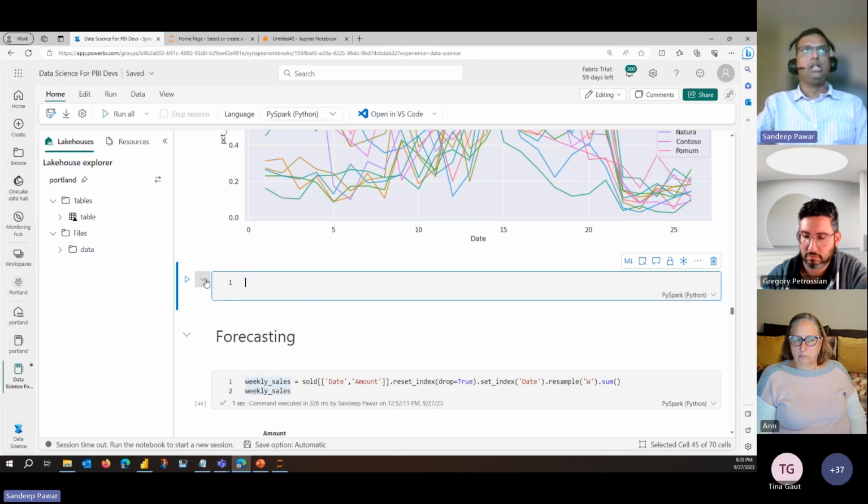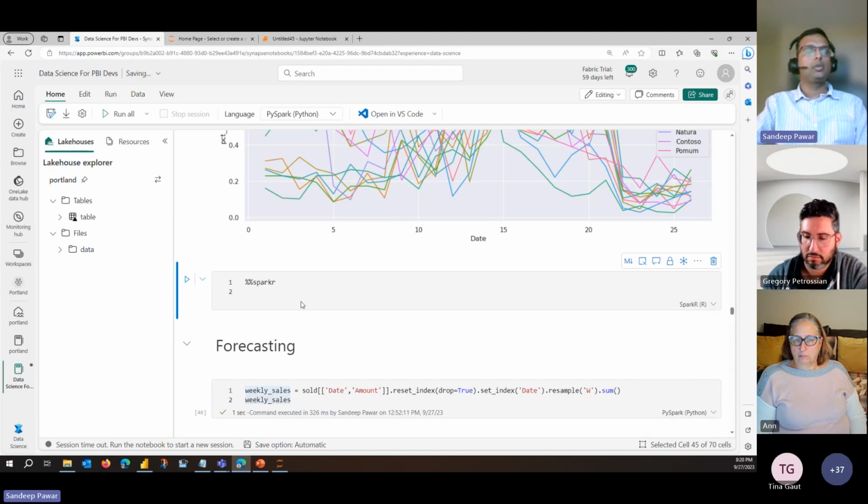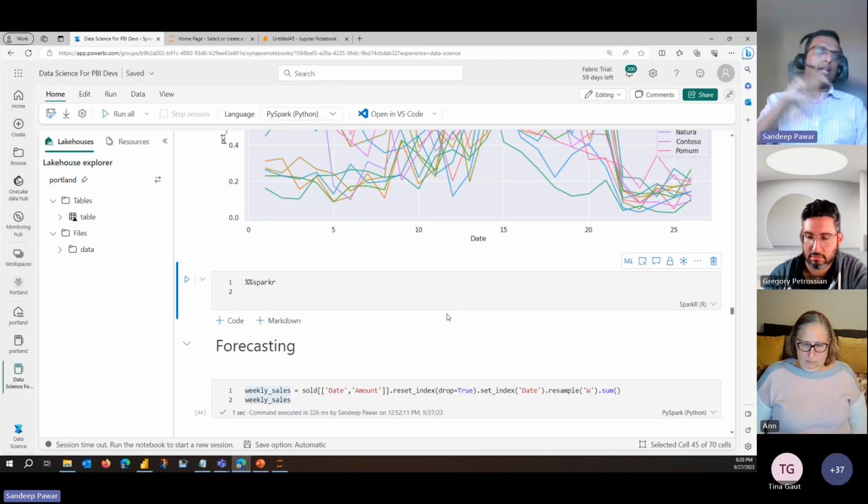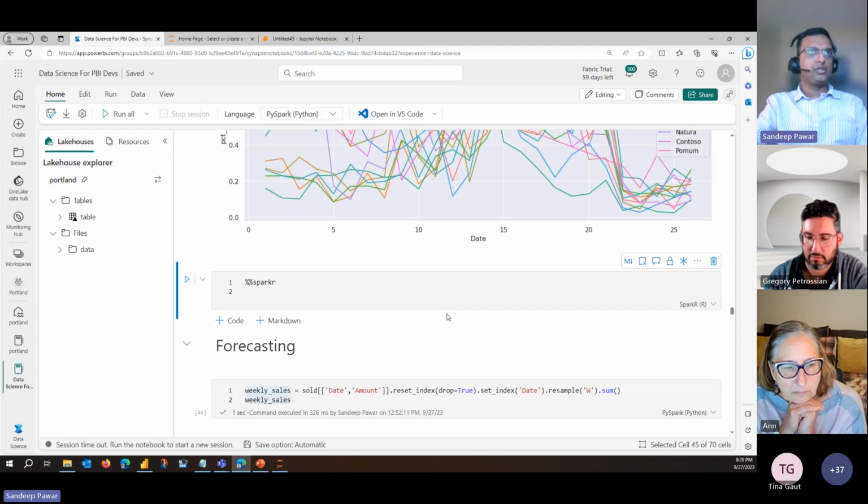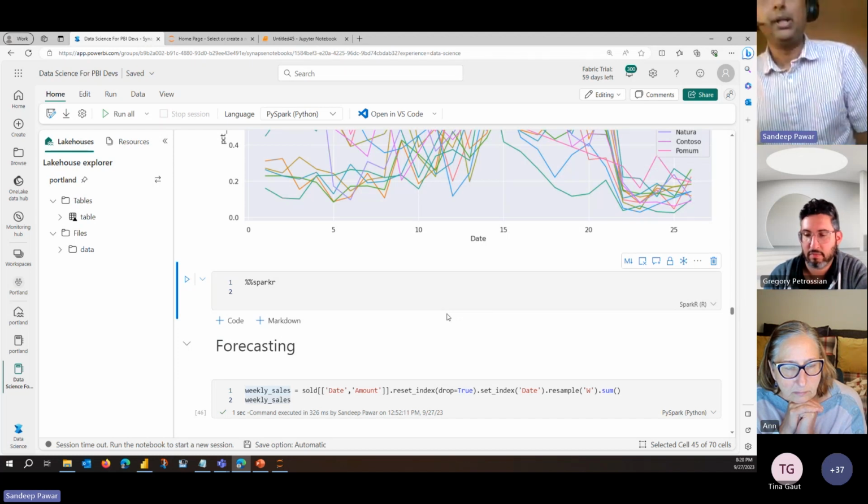So if I'm right here and then go from Python to R, you can do that and it will become an R cell. You can take an input. If I'm doing this analysis in Python and then I want to switch over to R, you can pass that data frame from Python to R, do the rest of your analysis using R, and then get that data back into Python and continue doing that. Now, I wouldn't do that in production use cases, but